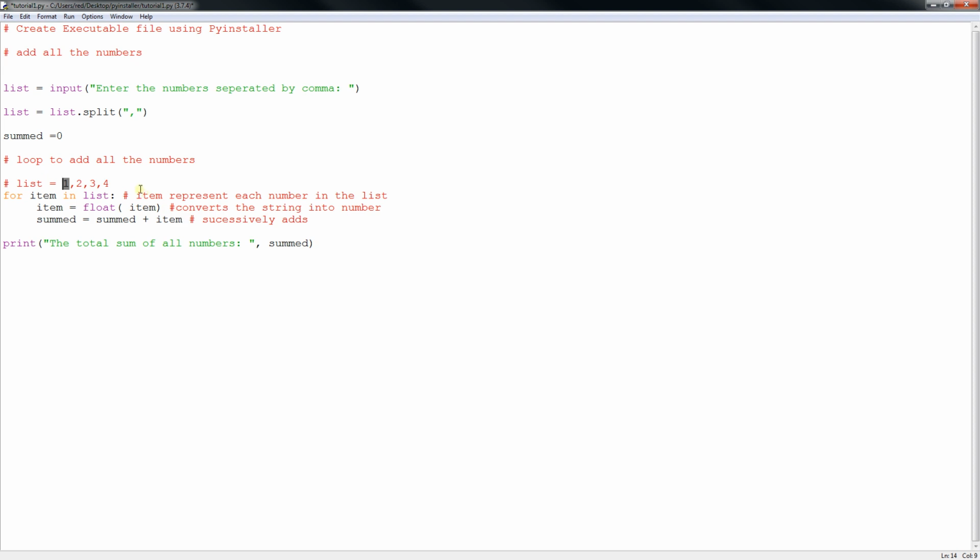In the second loop, what will happen is, let me type here. So loop 1, we will have summed is equal to 0, then item is equal to 1. So summed is equal to summed plus item. So summed is equal to 0 plus 1. So basically you get summed is equal to 1. Okay. Now going to loop 2,